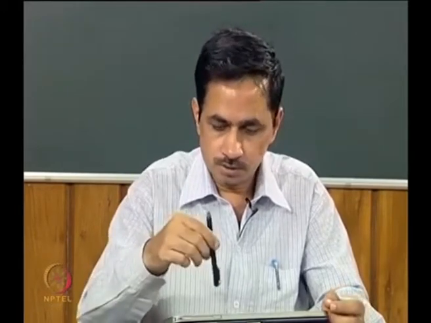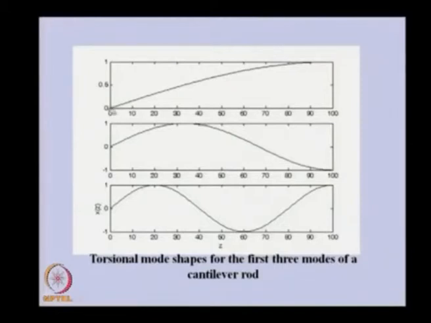So, this is the plot of the eigenfunction. You can see this is the position of the shaft, this is the fixed end of the shaft, and this is the free end of the shaft, and this is the relative angular displacement. We have taken the maximum displacement as unity, which for this particular case is the first mode. So, this belongs to the first natural frequency corresponding to I equal to 1. So, this is the first mode, and for the second natural frequency the mode shape will look like this.